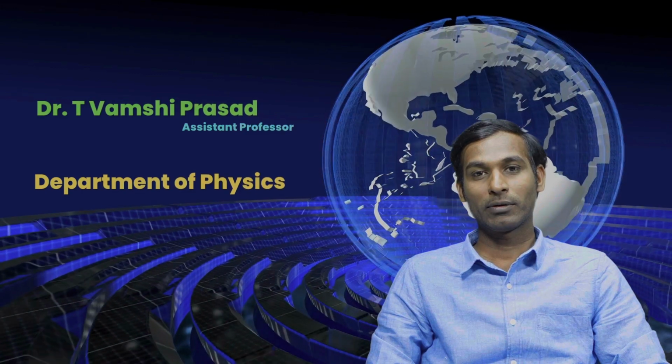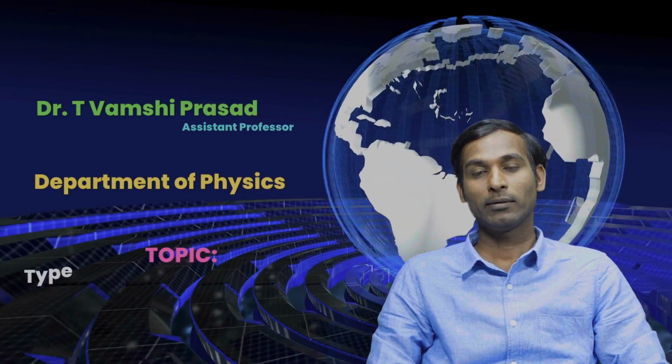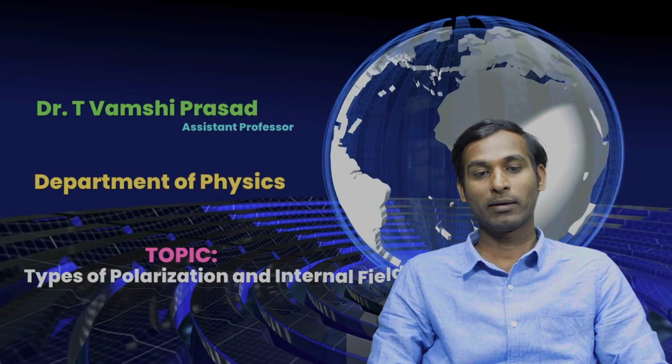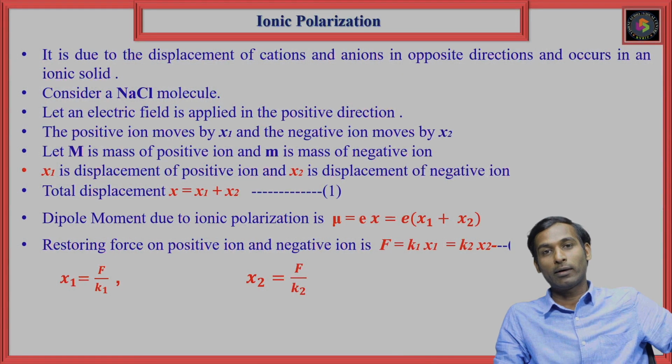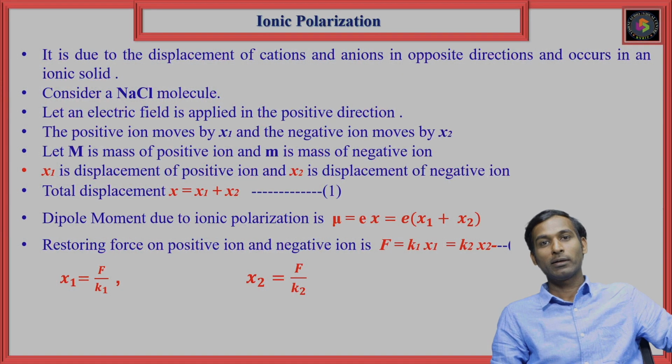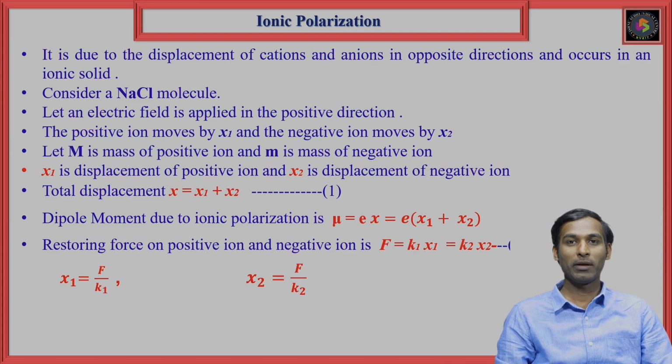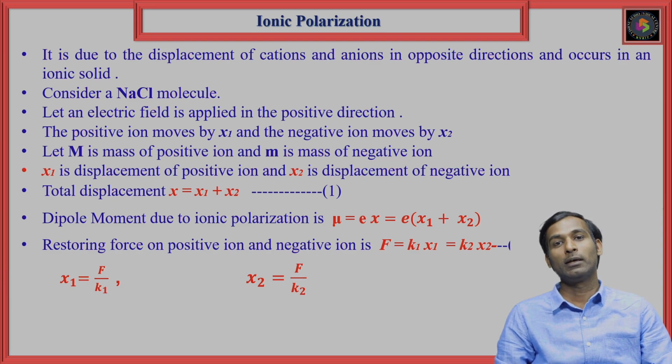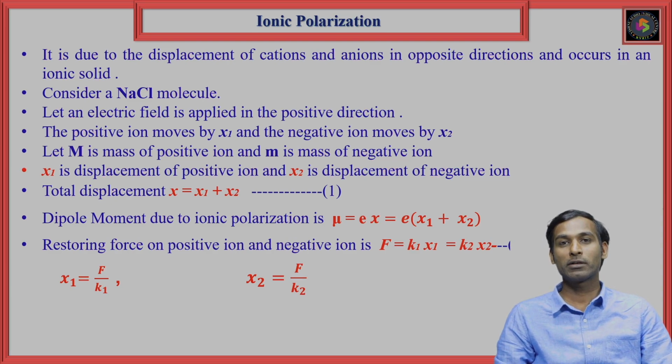Today we will discuss the types of polarization and internal field of a dielectric material. Now you can see here the importance of ionic polarization in dielectric material. In the previous class we discussed electronic polarization and orientation polarization. Ionic polarization is mainly due to the displacement of the cation and anion in opposite directions and occurs in